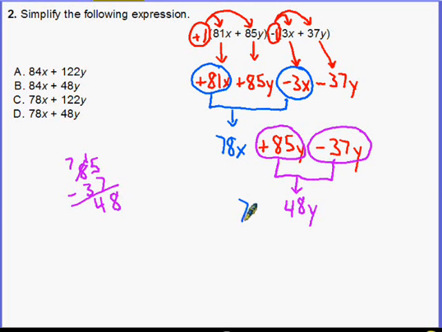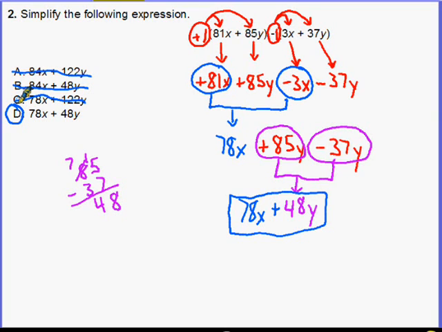But don't forget about this 78x that you also had. Okay? And I can't go any farther because these are not like terms. So it's simplified as far as it'll go. So now I'm just going to go looking for my answer in the multiple choice. So 78x, well, that's not it. That's not it. All right, C says 78x, but then it says plus 122y. Well, that's not it. Look at this. Answer is D again. Okay? So that's how you work out that problem if it has a little negative symbol out there in front of the parentheses. Just remember, there's always a 1